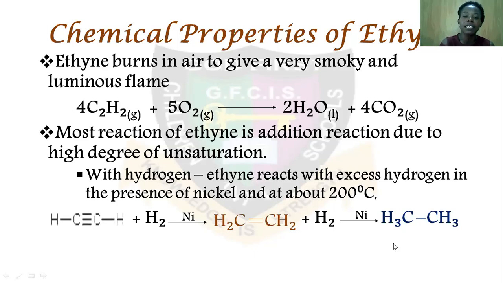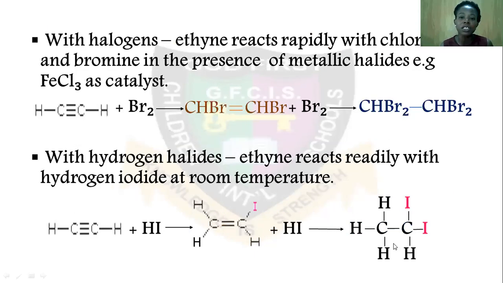Look at another example with halogens. The same thing, 2 stages of the reaction with halogen. For example, you have bromine. Bromine will react with ethyne to give you CHBr=CHBr, and then further react again. The name of this compound is dibromoethene. You can call it 1,2-dibromoethene. And here, it will further react with more bromine to give you